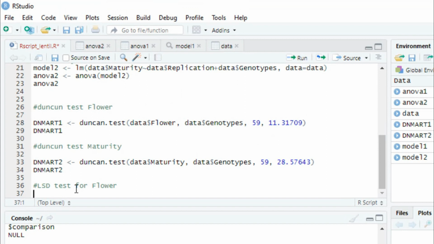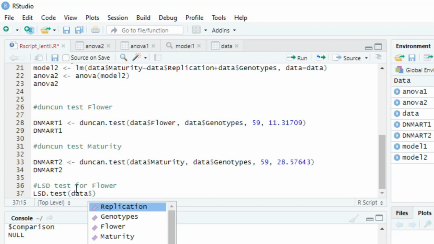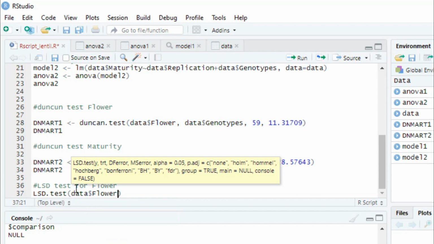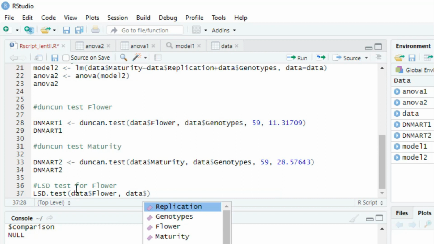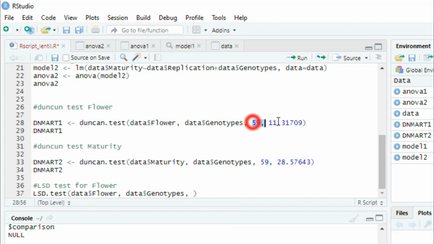So the LSD test, same procedure: data, $, LSD test for flower, comma, data, $, genotypes, and same procedure, we can copy and paste there.